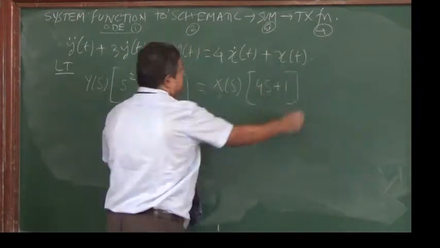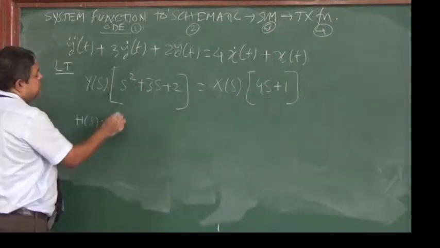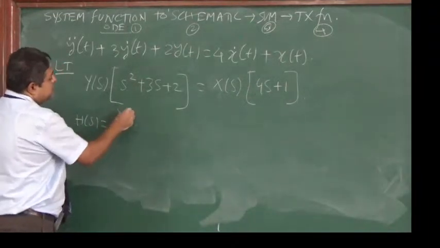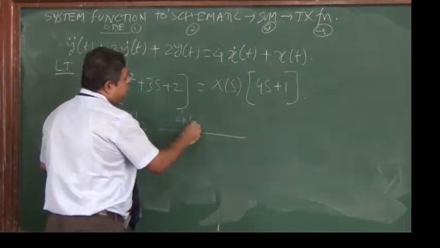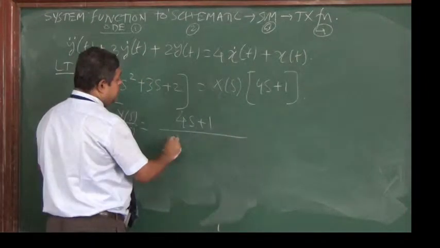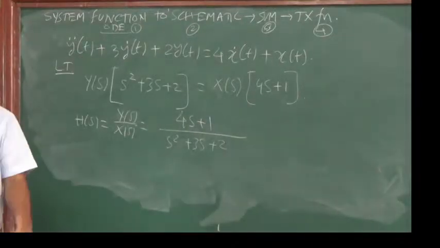This is 4s. So we can find Hs. Hs is nothing but the transfer function, that is Xs or Ys upon Xs, that is output upon input. This comes to be (s plus 1) divided by (s square plus 3s plus 2), like this. So this is ODE